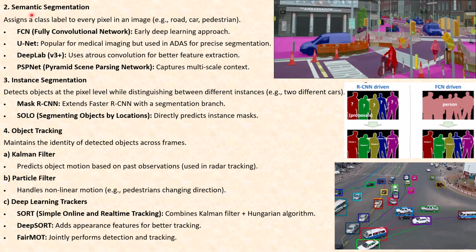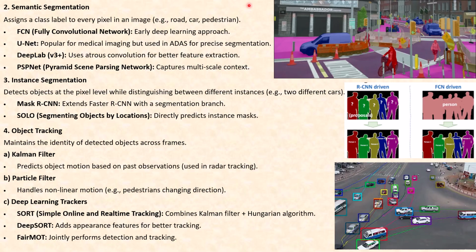Next comes the semantic segmentation. Okay, what is semantic segmentation? In simple words, it assigns a class label to every pixel in the image. Every image has a number of pixels, and the class each one belongs to is labeled in semantic segmentation. With the help of this, you clearly identify whether it is a road or a car